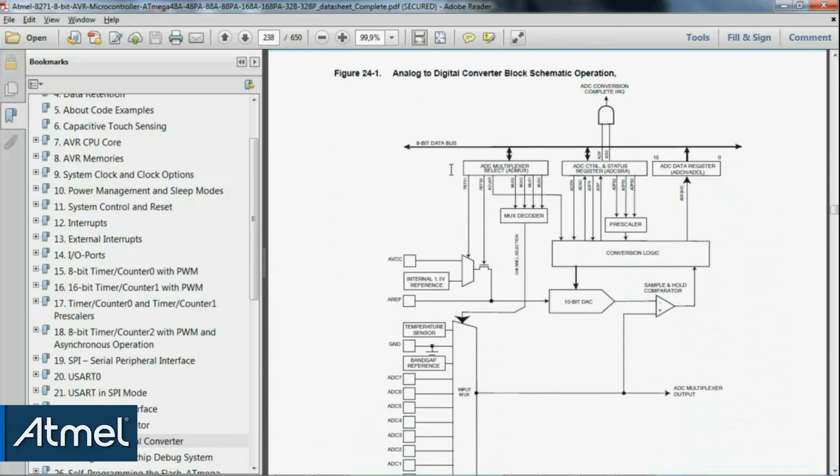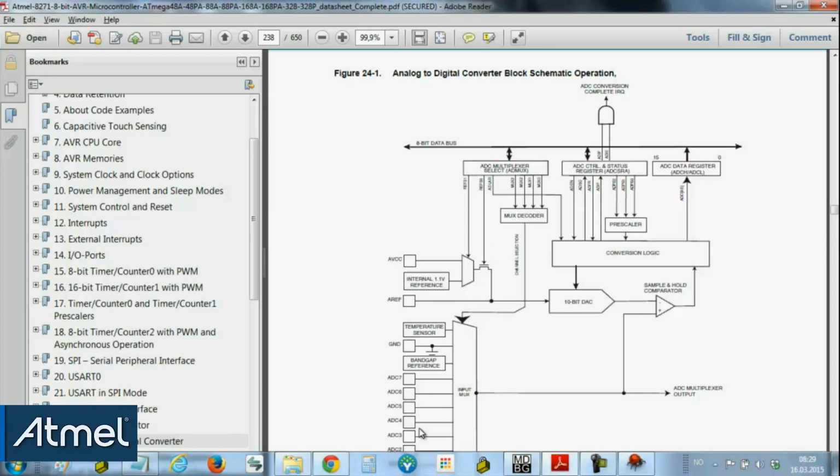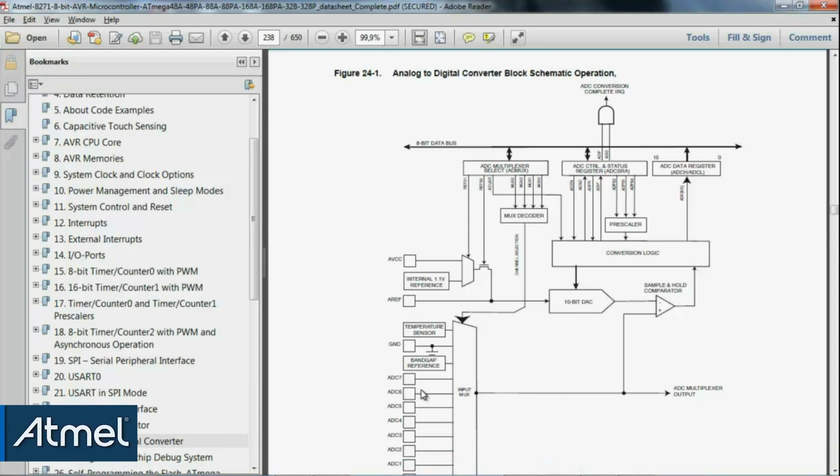We can see three major aspects here for which we'll set up some control logic for the ADC. The ADC multiplexer select, ADMUX register, will focus on selecting the input voltage reference for the ADC. So we can have an analog voltage reference, AVCC, or an internal 1.1 volt reference, or an external reference. Then the multiplexer will select a particular ADC channel, and we can see that there are a number of channels